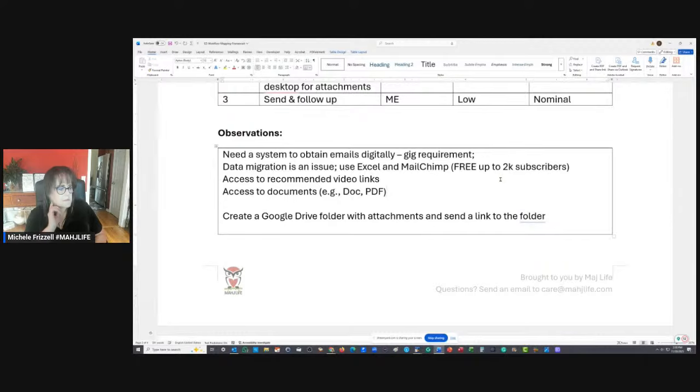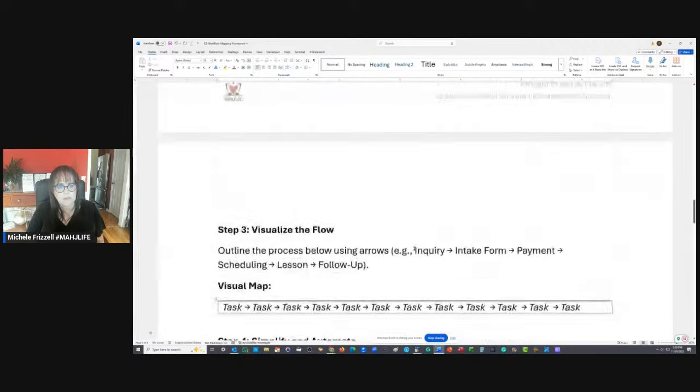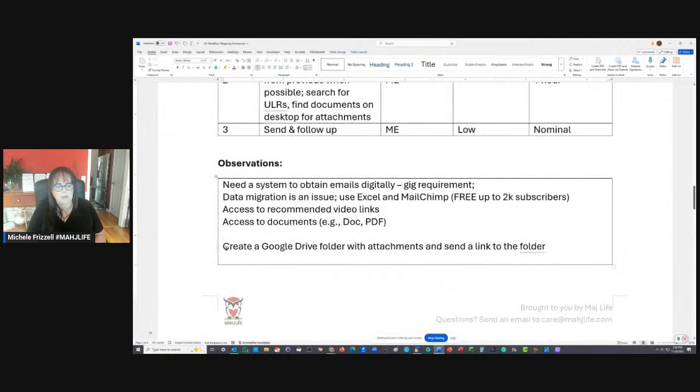I guess you do not currently have a functional website. Okay. All right. So I would say that this is probably the solution then for you. If you were to make it a request or requirement to get emails digitally from your client as part of your agreement, that would make your life easier.